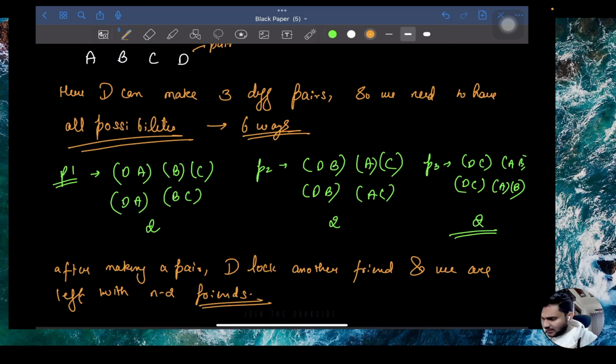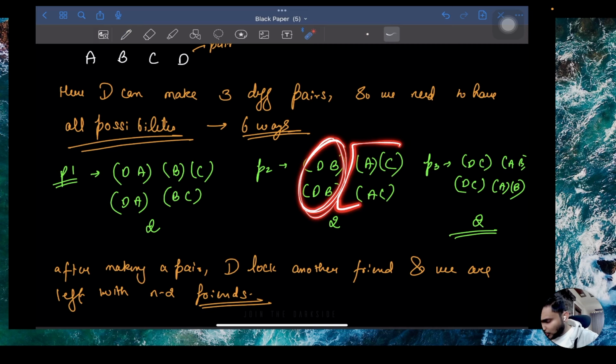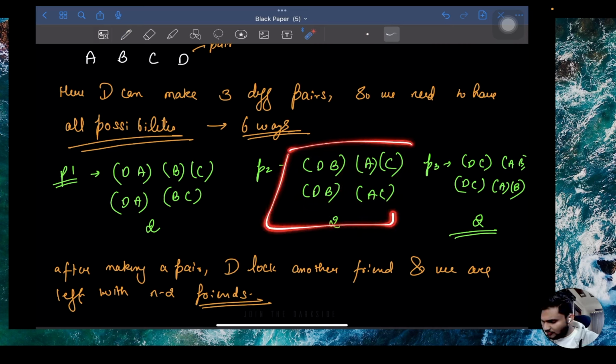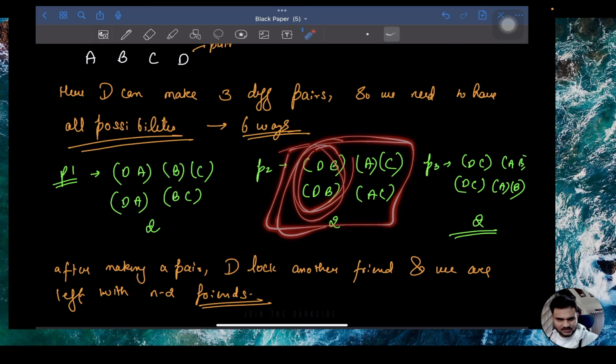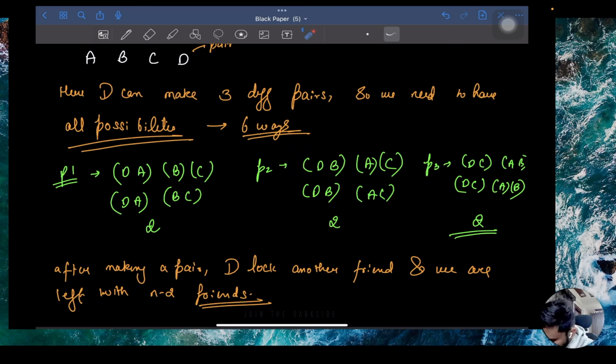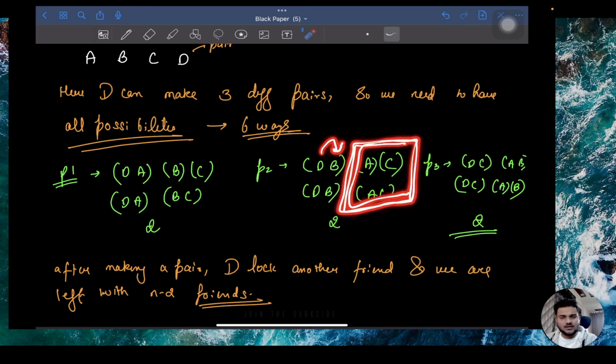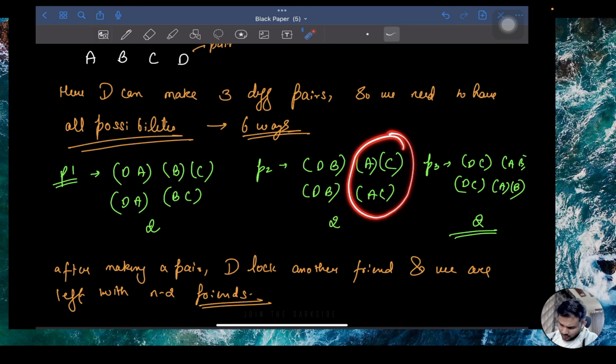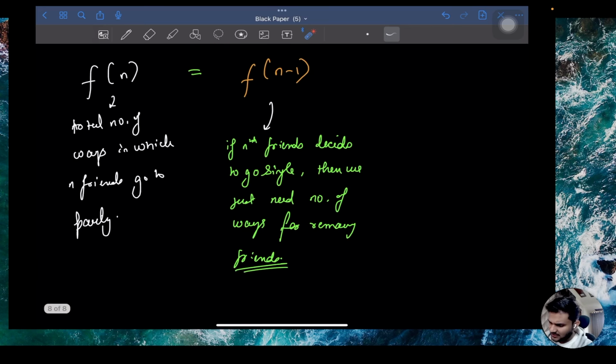Right. So whenever D makes a choice, the total number of ways the remaining N minus 2 friends can go will be the total number of ways with the current choice of D. Can I say that? Let me repeat. When D says I want to go with B, if D locks B, in how many ways can everyone go? The total number of ways will be equal to the total number of ways in which the remaining N minus 2 friends can go to party, because D has made a decision. D has decided, whatever the number of ways, D will always be with B. That leads us to the fact that